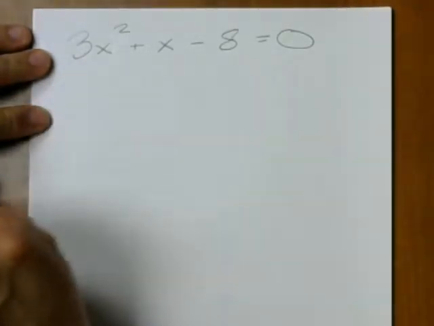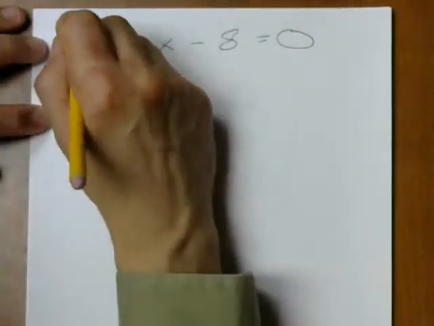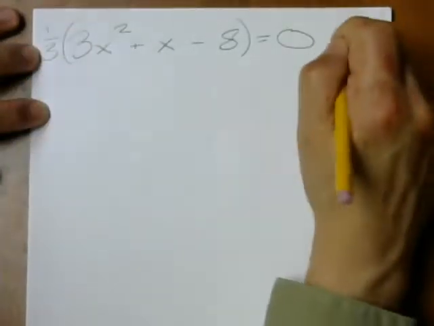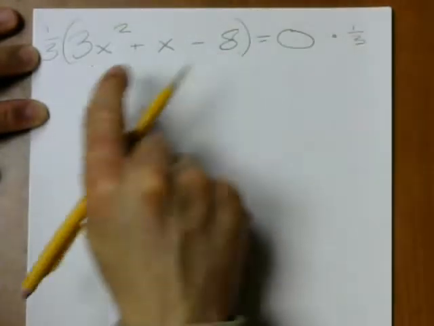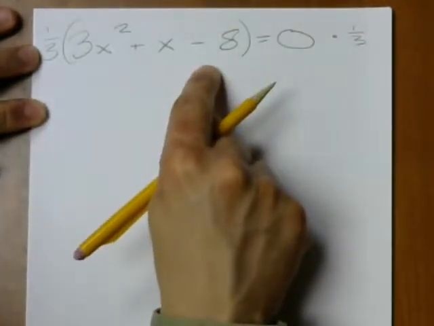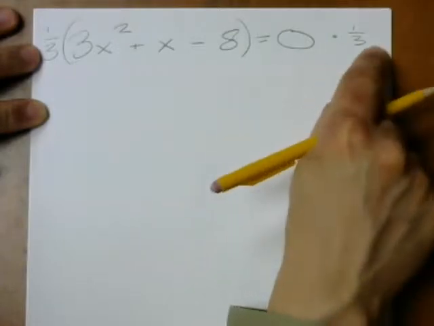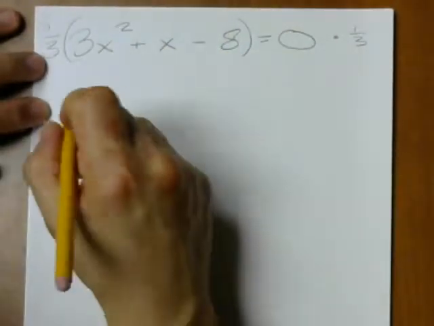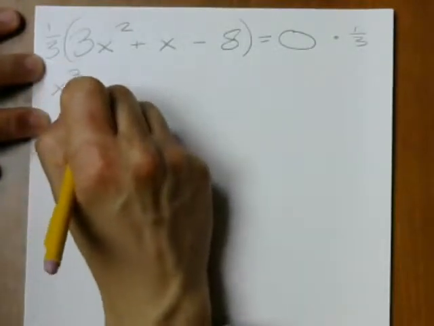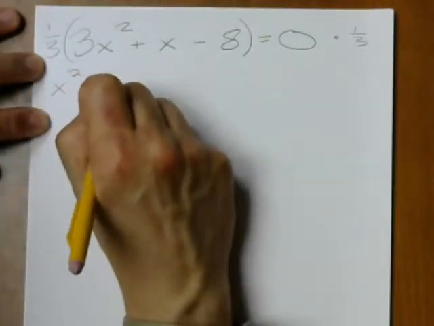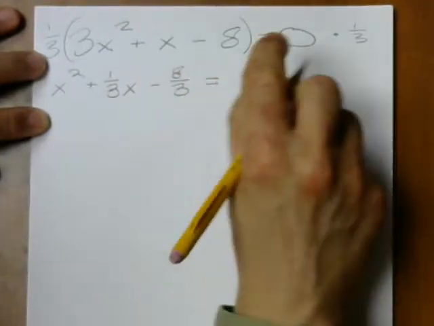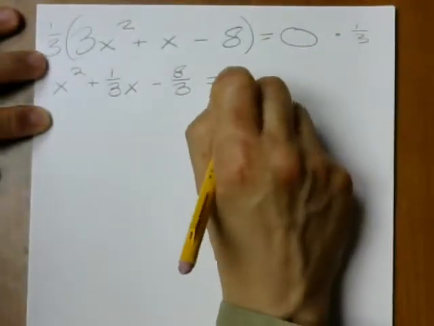I have a 3x squared instead of an x squared, but I don't worry because these two sides are equal. So I know that if I take 1/3 of this quantity, it's going to be equal to 1/3 of this quantity because both quantities were the same to begin with. So that tells me that x squared plus 1/3 x minus 8/3 is equal to 0 times 1/3, which is